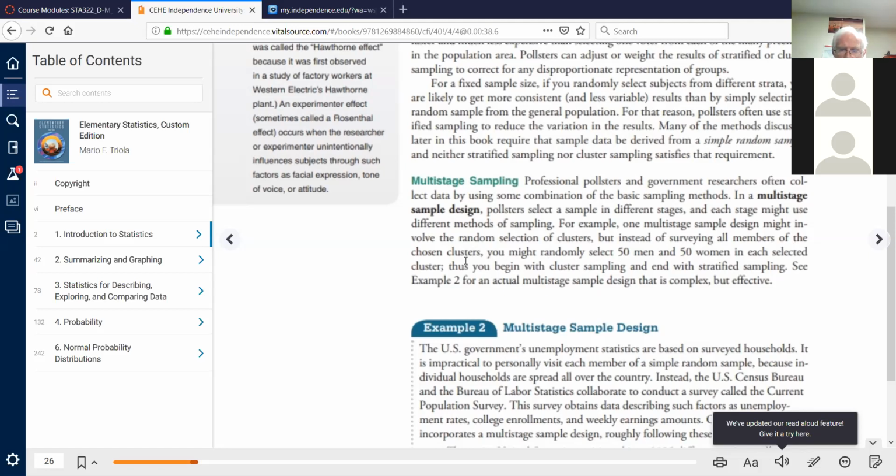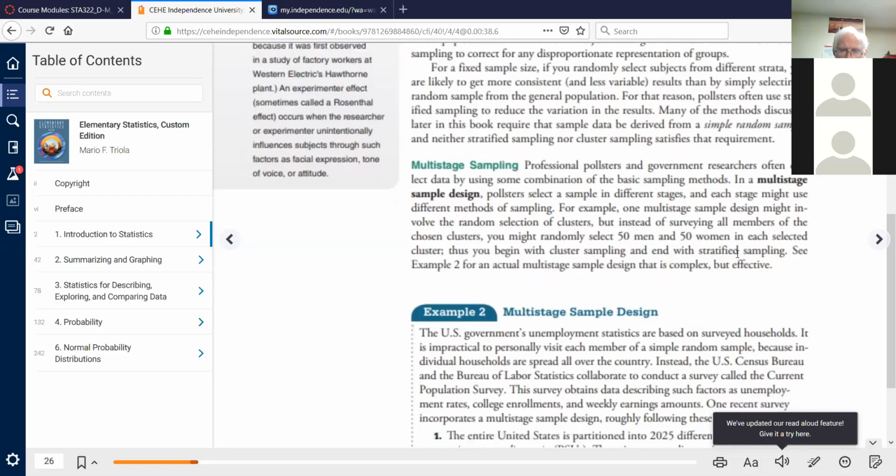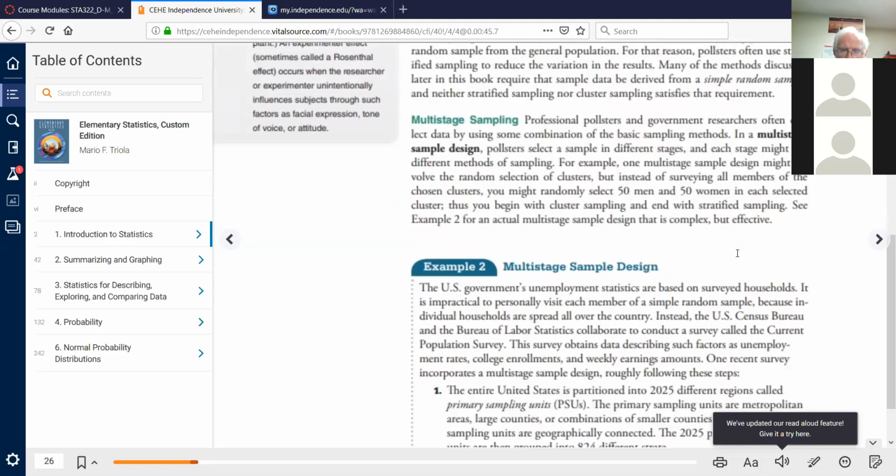So you begin with cluster and end with stratified. So that can be very effective, but it can be very complex,